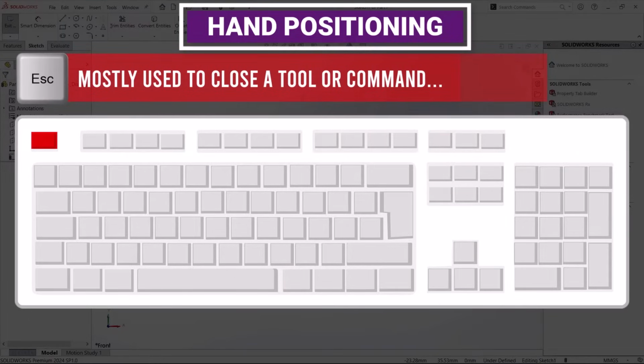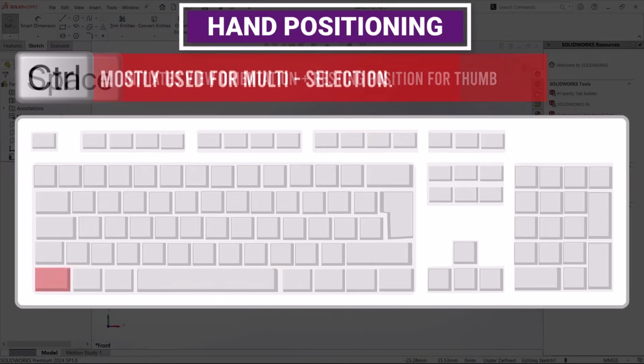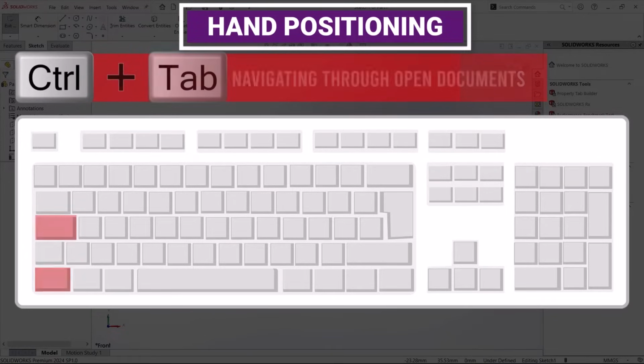A common mistake for new designers is trying to initiate specific features while a command is active, so the Escape key is crucial. Keep it close. The spacebar is also important for your thumb, while you can quickly access the Control key, especially for multi-select, which we will cover later in this video. So let's focus on sketching for now.